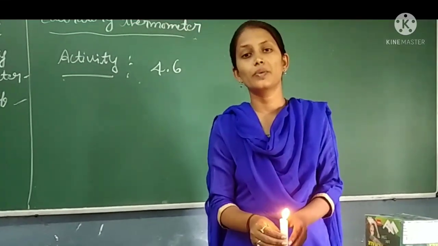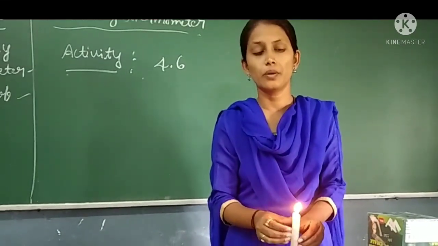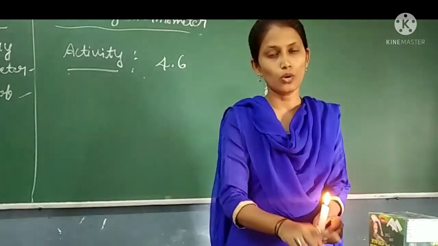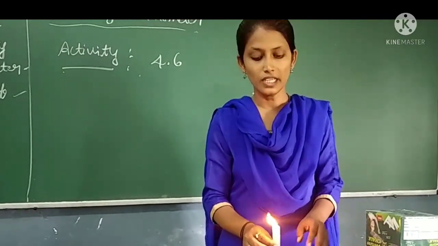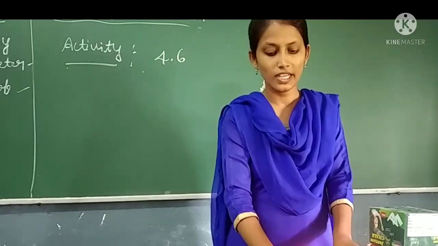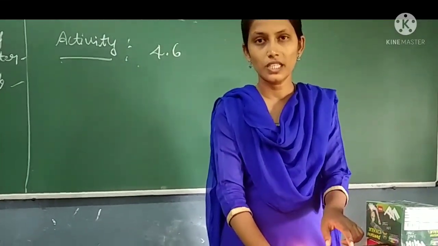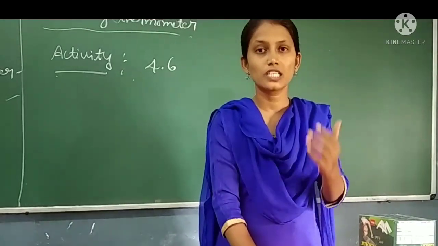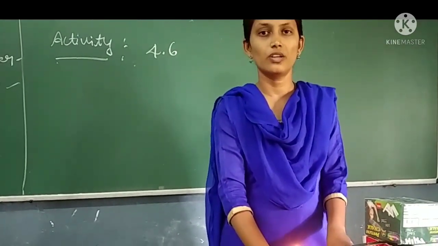So this process we are calling conduction. Means here heat is transferred from a hot object to the cold object. Before heating, the metal strip is a cold object, right? So when you are heating one end, the heat is transferred from the flame of the candle to the metal strip, so that the wax falls. This is the conduction process which takes place in solids.